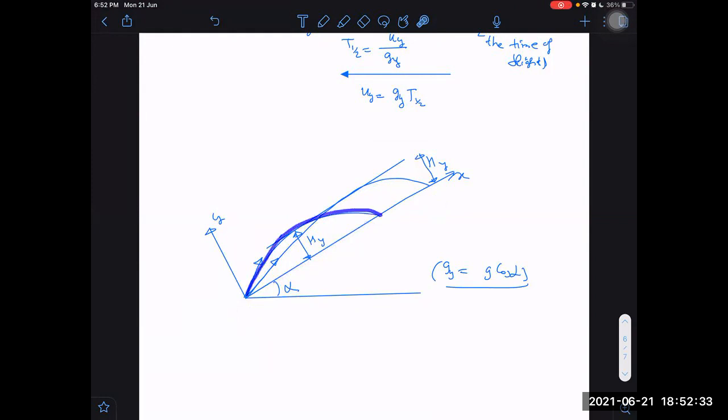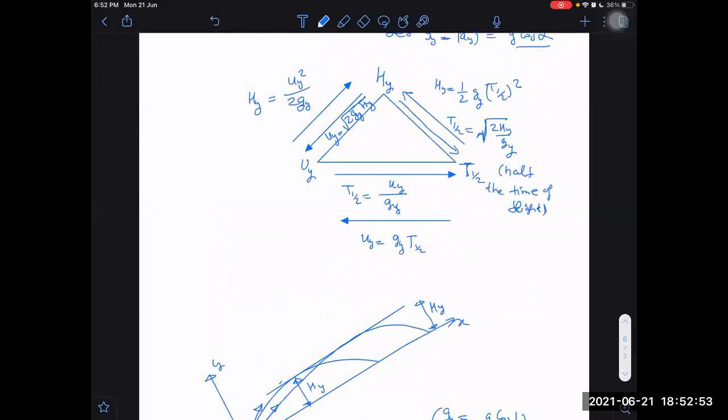When the particle reaches here, whether it is along X or along Y, it is the same thing. It is a single particle only, which has two components, X and Y. Yes, sir, understood. Then nice. Then we are getting these equations, and we have other equations also which we can write.